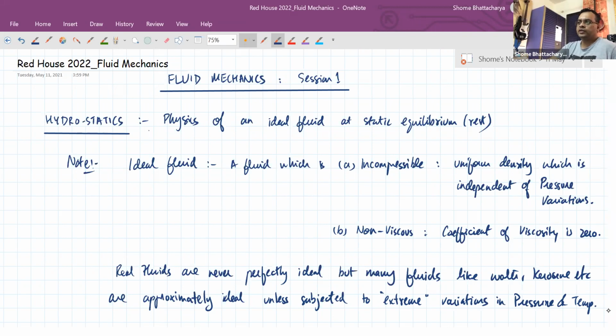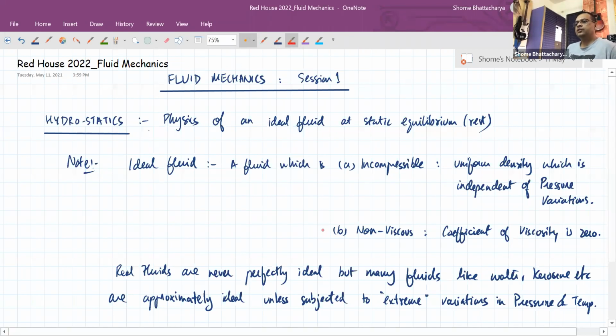So we can ignore those variations in density because there will be something like typically less than a 1% variation or less than a 0.5% variation. So that can be neglected within the feasible limits of experimental error. And also the viscous forces will be negligible compared to the other forces at play, or the amount of energy dissipated by viscous force will be negligible. Okay.